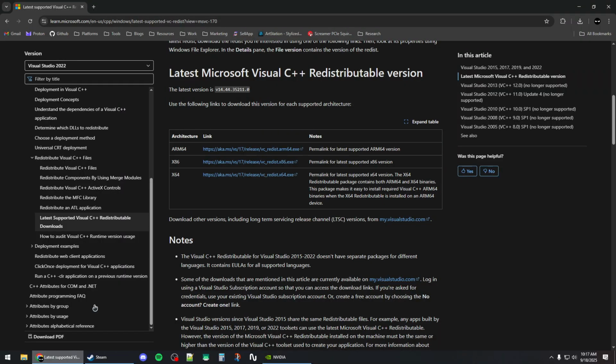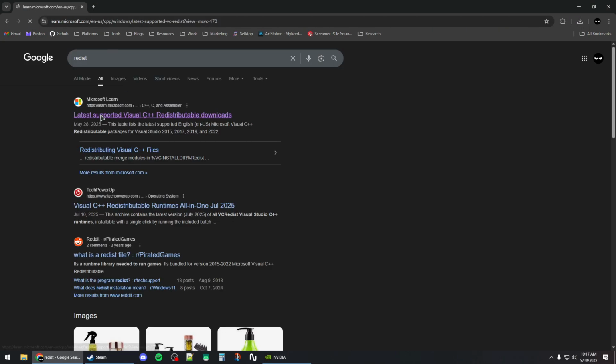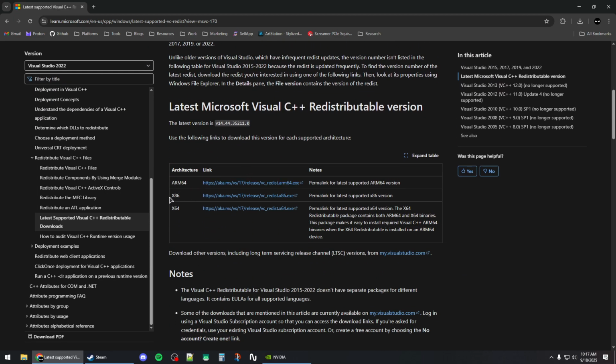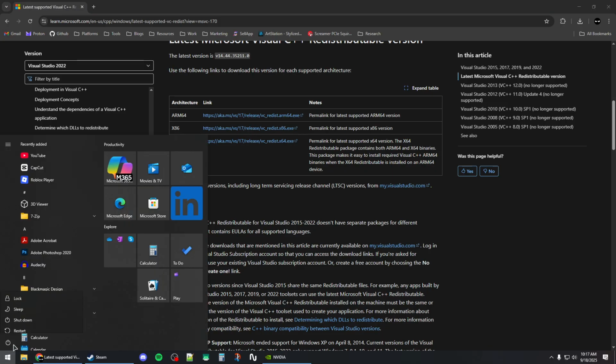Next, you want to open up your browser and search for Redist. Click on the first Microsoft link and then go to this table, download the x86 and the x64 version and install both of them. And once you finish installing these, you can simply just restart your system, and then before